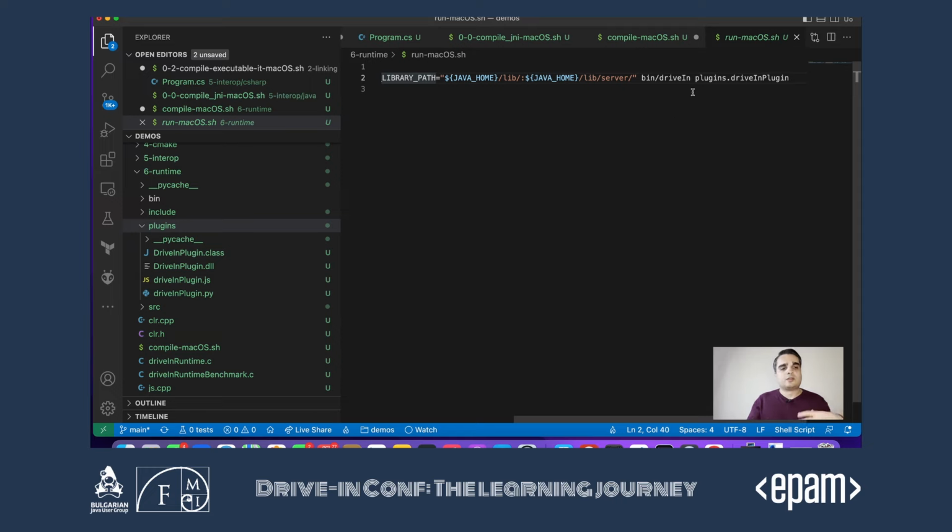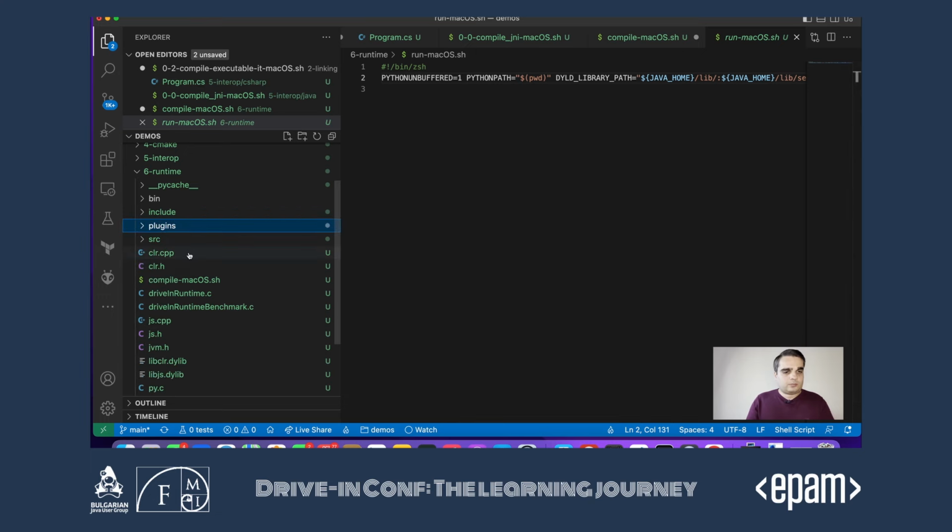Generally, instead of hard coding all these plugin file names, it would be better to scan at load time what to load and what not. So let's run this.